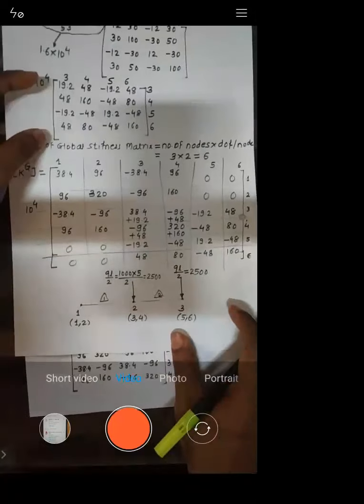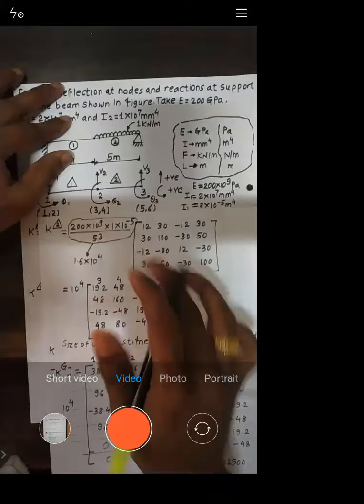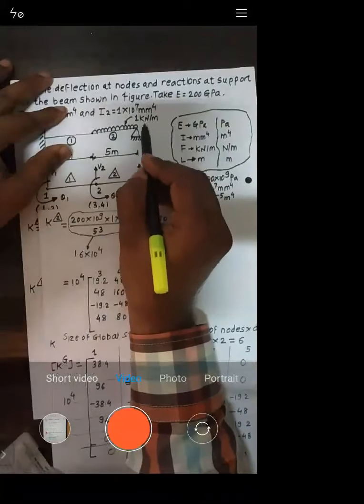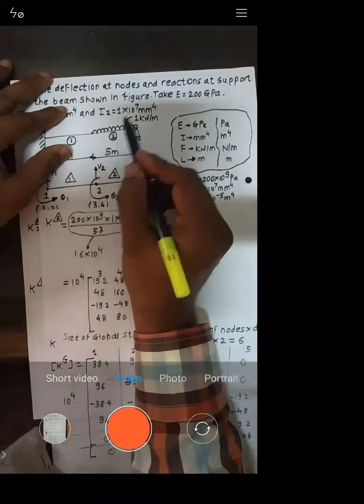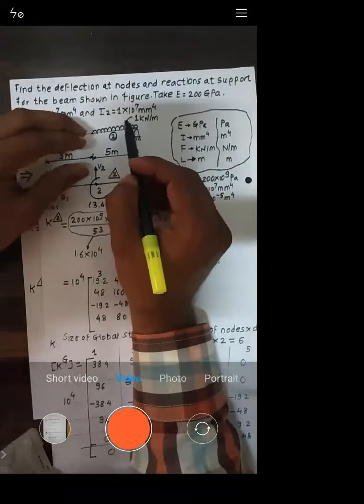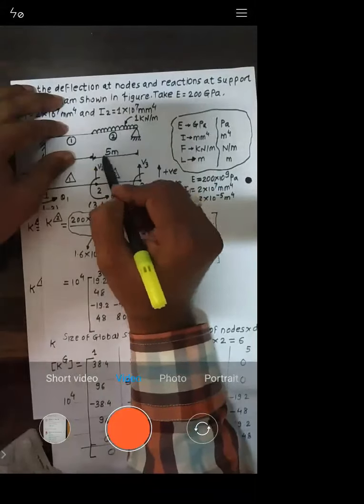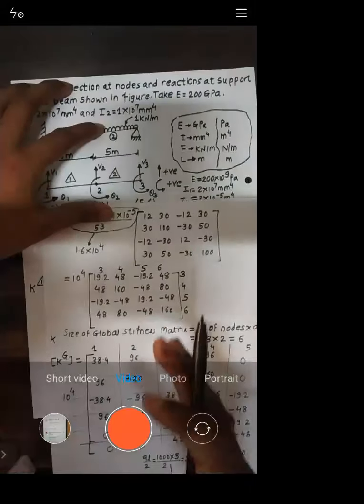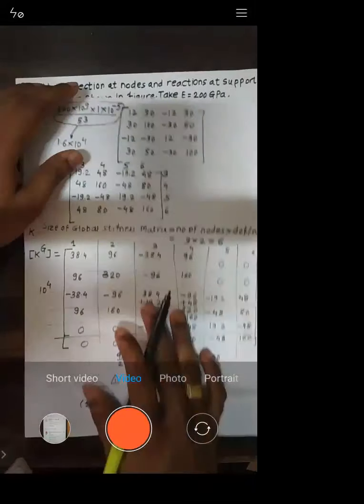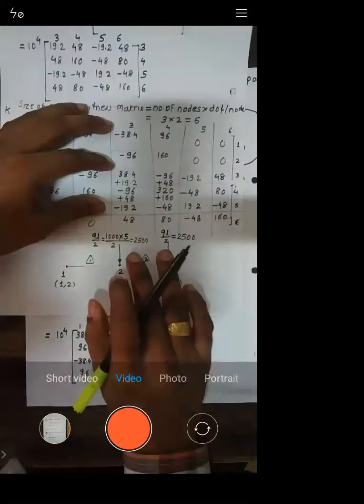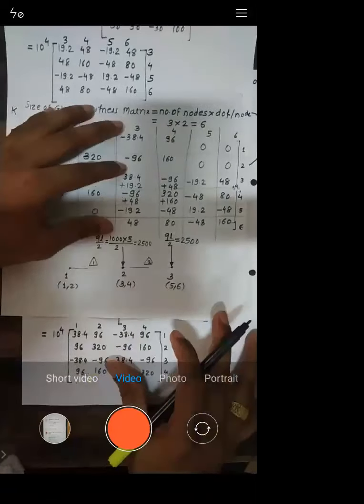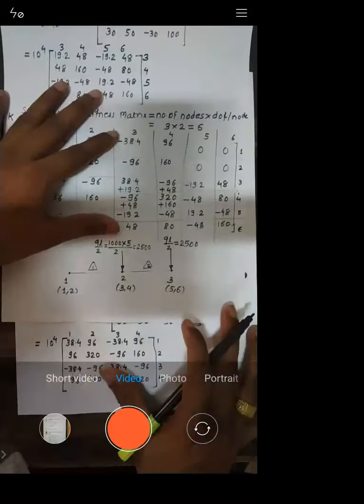Is it okay or not? Yes, sir. This is 1000 Newton per meter. When it acts on 5 meter, it becomes 5,000. Out of that 5,000, 2,500 will go to one node and 2,500 will go to another node. That is only written in terms of some formula, right? So this is all about loads. Then what will be about the movement?